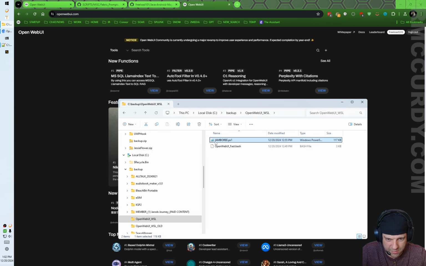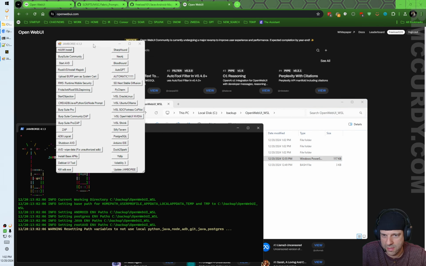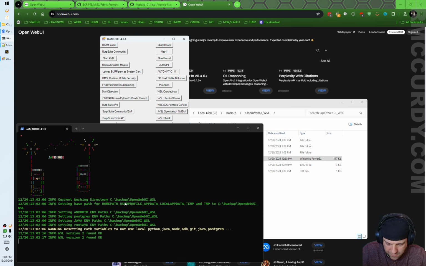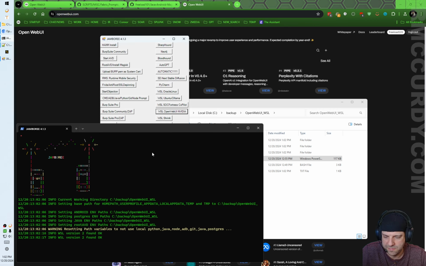So I want to pull down Jamboree, like always. I like to drag it down here, kind of get this out of the way. And we'll not do SoC Fortress. We're going to click OpenWeb UI NVIDIA. So right now it's creating a copy. It's asking if you want to use the existing image as the clean image for Jamboree or for OpenWeb UI. Right now it's going to export that image, and then use that image to create an image for OpenWeb